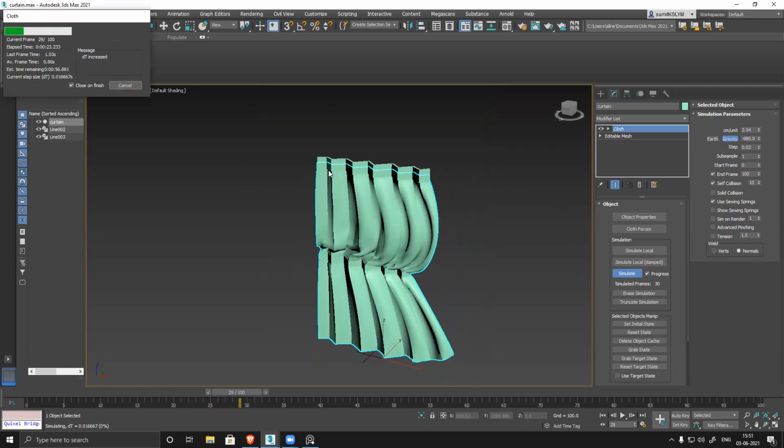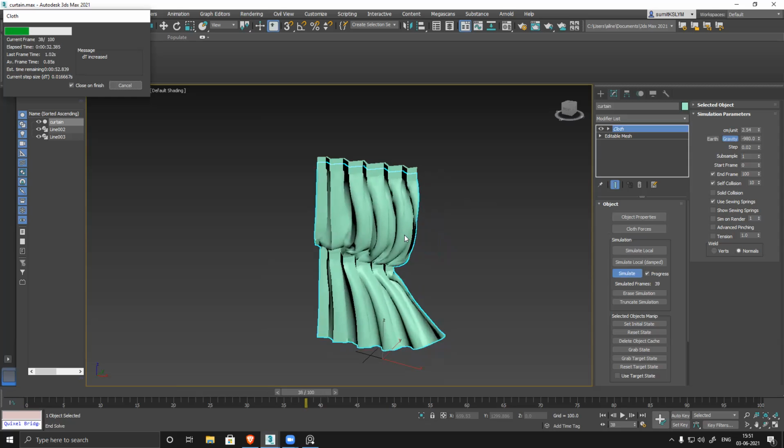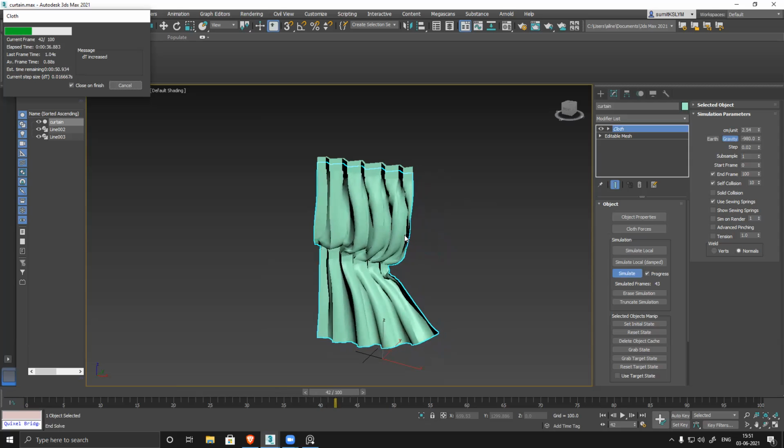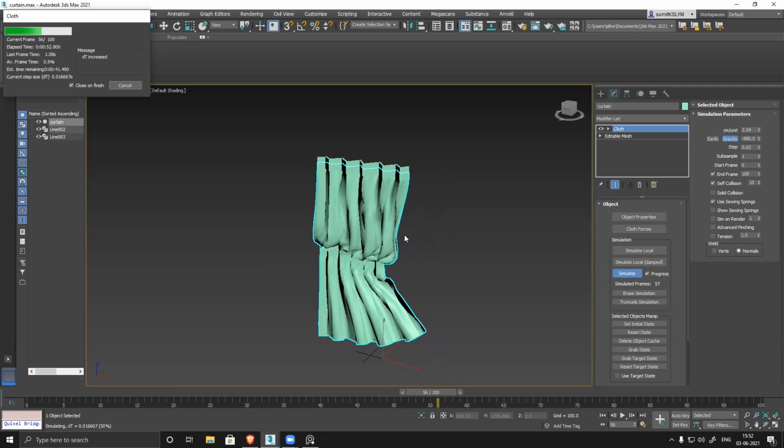So you can see it's retaining the shape, all those folds. So basically you have to experiment. What we can do is a lot of things, depending on what desired output we're looking for and what we want to create. Based on that, we can modify the base plane, also create some different fold, and then simulate it. It will become easy because now all those folds are already there in my curtain. So it will hold that shape and create a very nice clean fold for me.